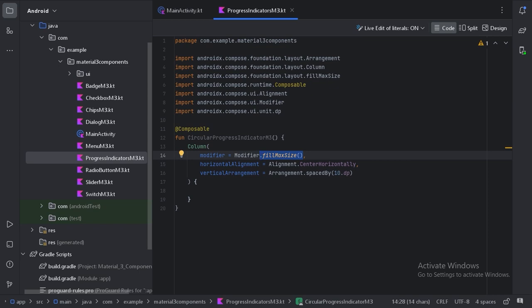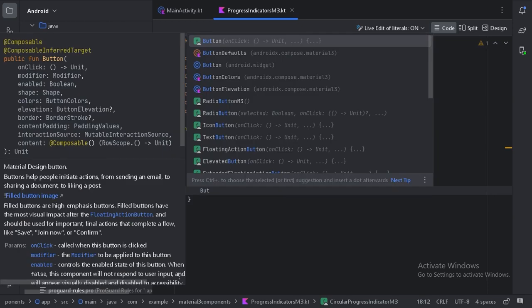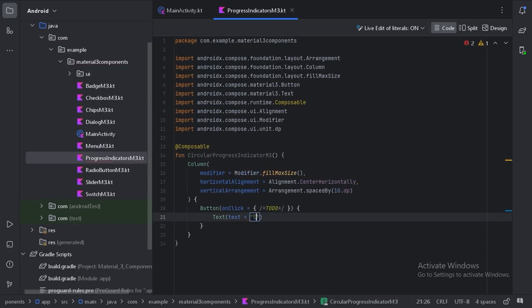The horizontal alignment we will keep to center the children of this column layout horizontally, and vertically there will be a space of 10 dp in between. First, let's take a button. The content of this button will be a text.